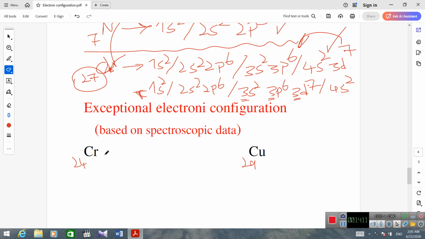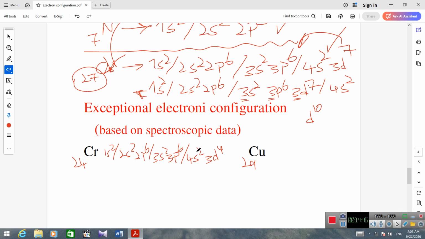For chrome, we must have 1s2, 2s2, 2p6, and 3s2, 3p6, 4s2, and 3d4, and because the maximum number of electrons that can be located in these is 10,